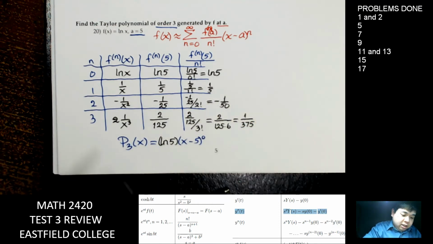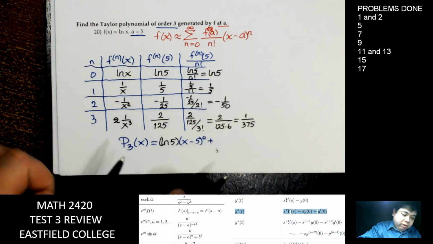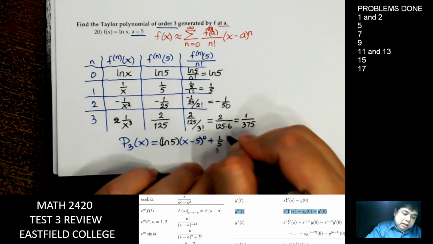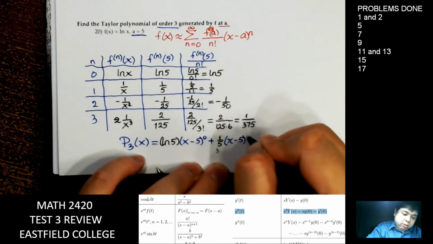And then next we have 1/5, and then x minus 5 to the first power,